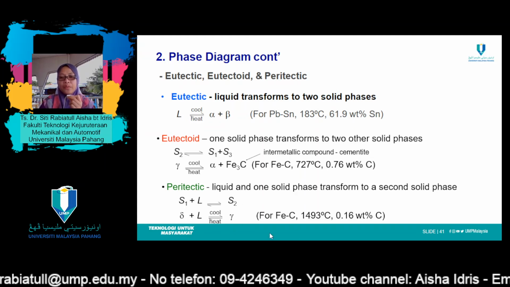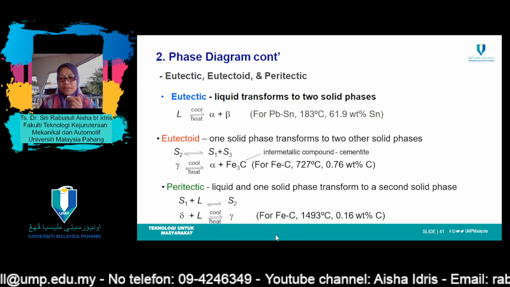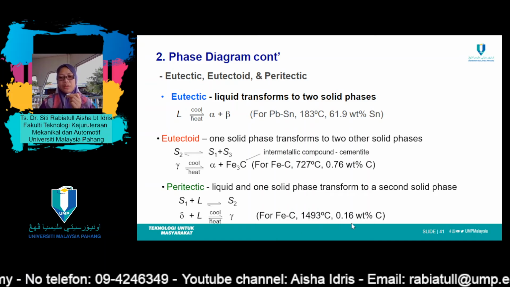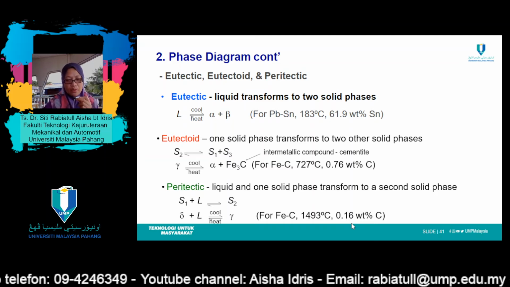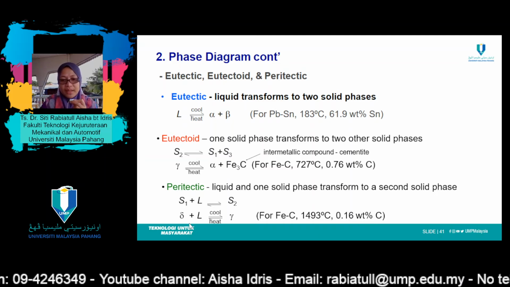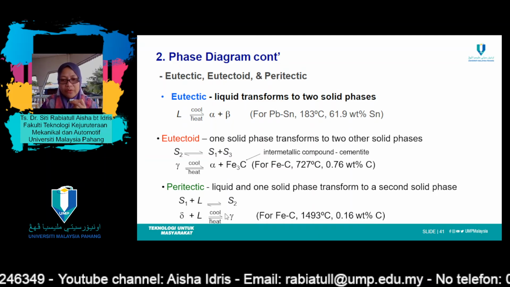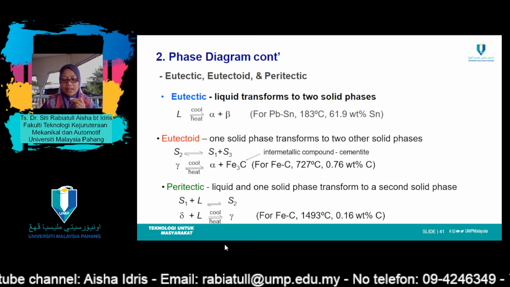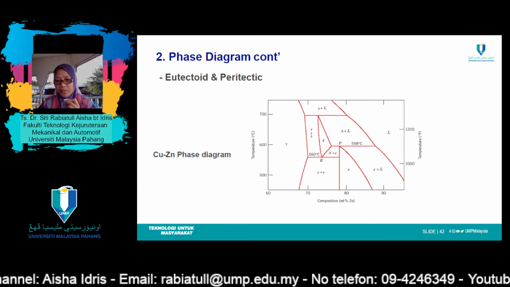For the iron carbon system, at this temperature with 0.16 weight percentage of carbon, you may see delta plus liquid solidify forming a gamma solid phase. We'll see this example later on. Okay,